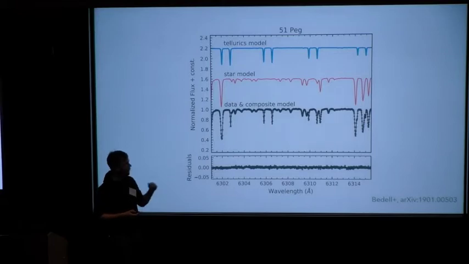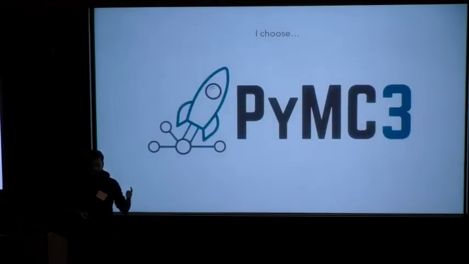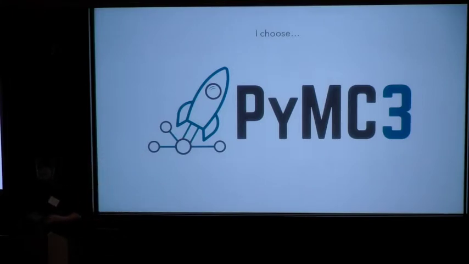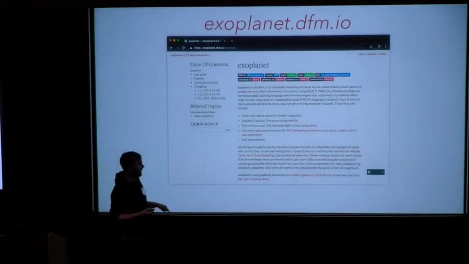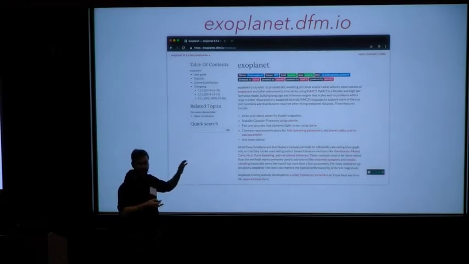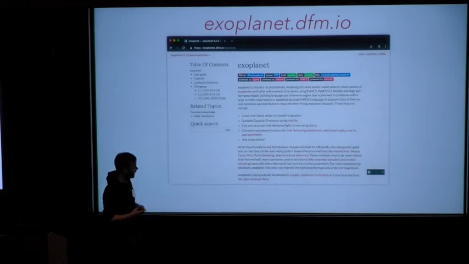In a project that I'm very excited about, I actually chose to use PyMC3 as my modeling language. And the reason for that is that it is the most feature-rich Python library for doing gradient-based inference in Python. And I recently released this as a project called Exoplanet. I got pip install exoplanet, which was pretty sweet. And so this does a lot of transit fitting, radial velocity fitting, and that kind of stuff, built on previous work in using all of the derivative information.